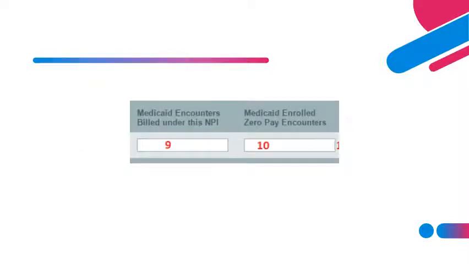RAs are available for free through the Message Center inbox on the secure NCTRACS provider portal. When reporting Medicaid zero-pay encounters, be sure you break those out and report them separately from Medicaid paid encounters in NC-MIPS. We verify the Medicaid portion of your numerator during prepay validations. The zero-pay portion is verified only during post-pay audit.